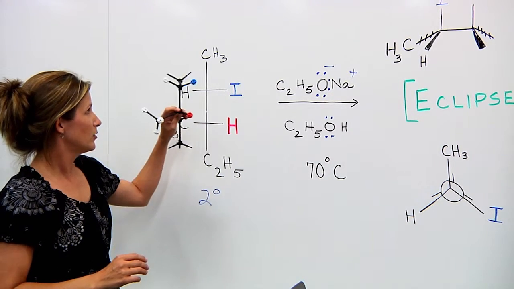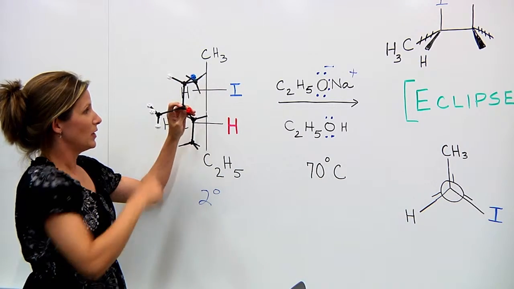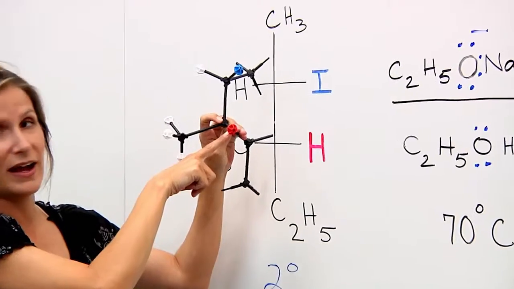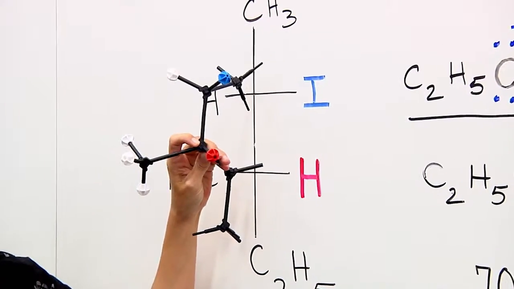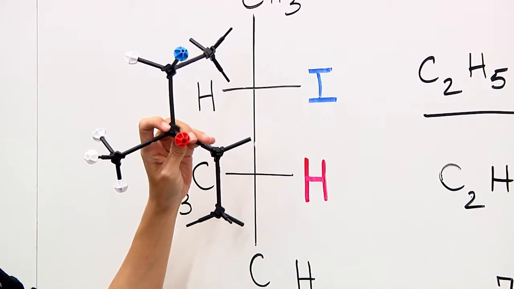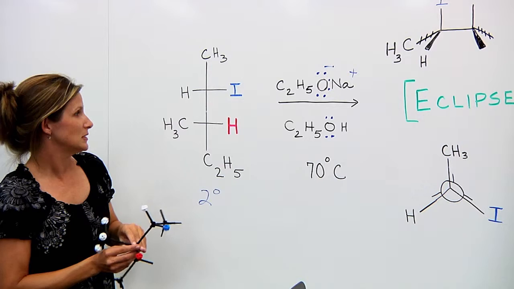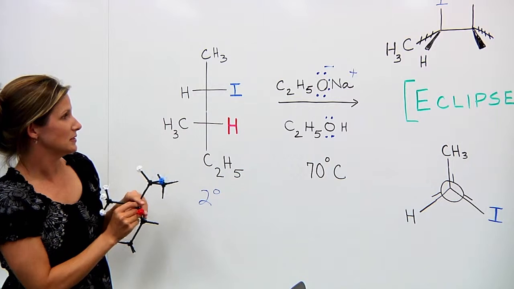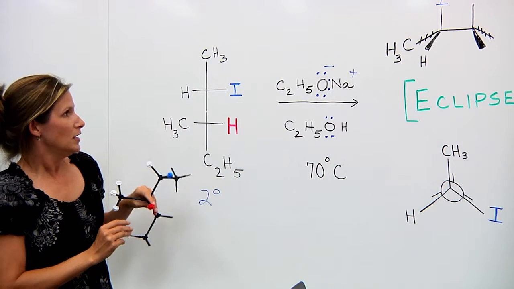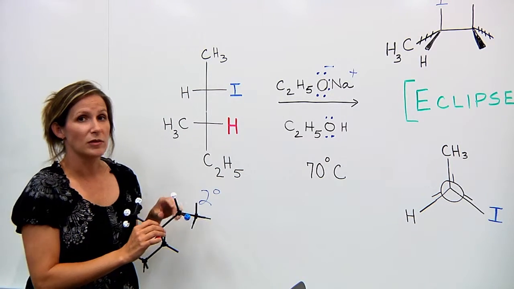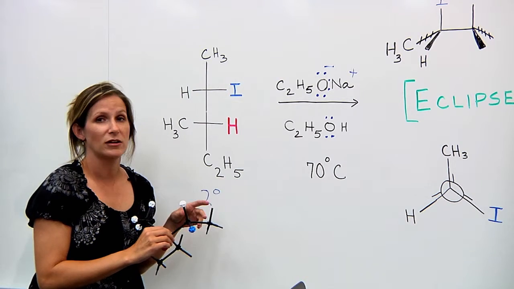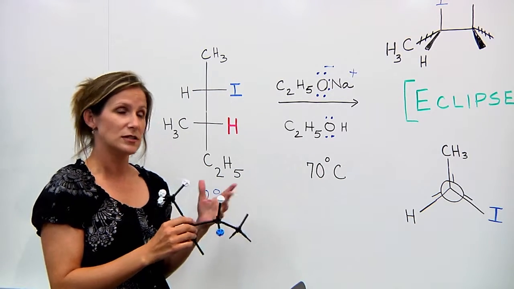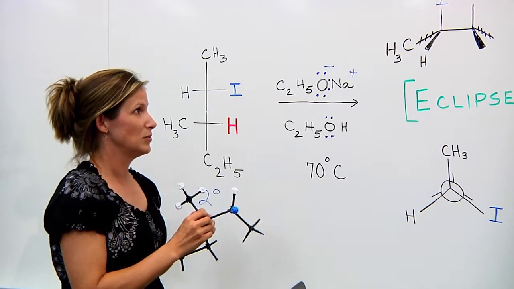So here we have the model of the formula, and we have the iodide in blue, and we've highlighted the hydrogen that's going to be abstracted in red. You can see in the Fischer projection that the atoms of this molecule are eclipsed in this conformation. So we can redraw them in dash-wedge structure and also Newman projection in order to help get it in an anti position in order for the reaction to take place.